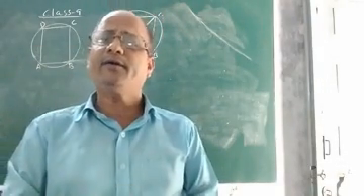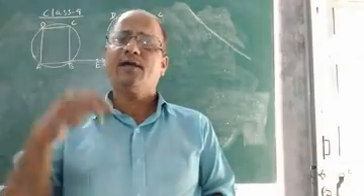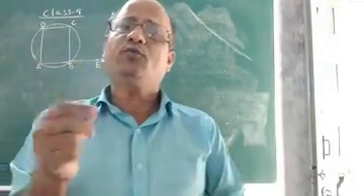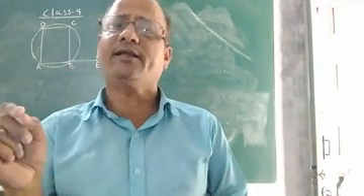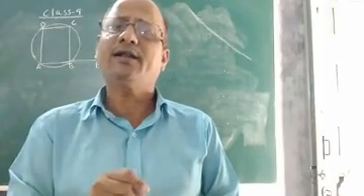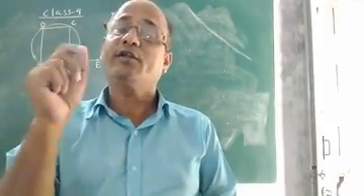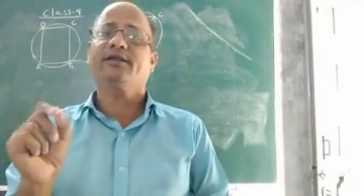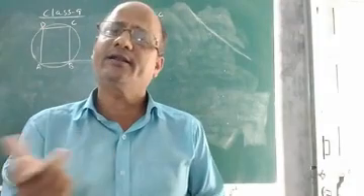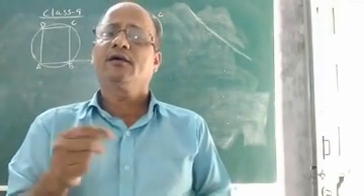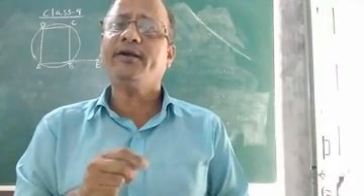And in theorem 10.12, I proved the converse of theorem 10.11. That means if each pair of opposite angles of a quadrilateral is supplementary, not cyclic, then it is a cyclic quadrilateral. It was discussed in theorem 10.12.